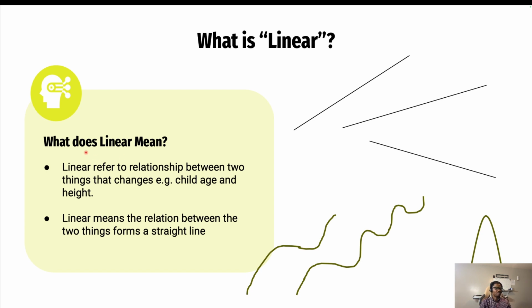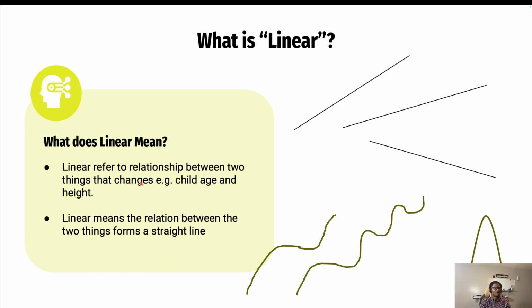Linear refers to a relationship between two things. The word linear is always used when two things are involved. They can say, oh, the car is linear to the road, or the boy is walking linear to the road. So there are two things involved when they want to say something is linear.